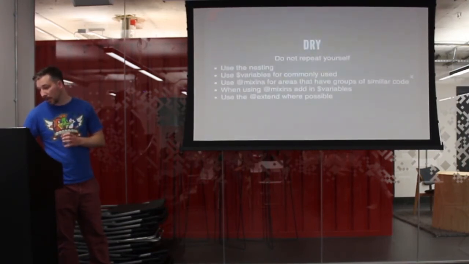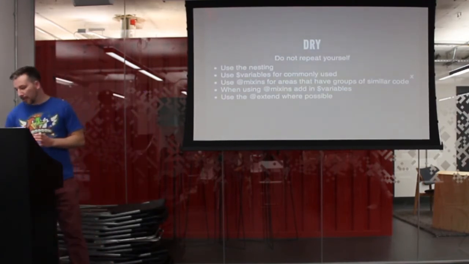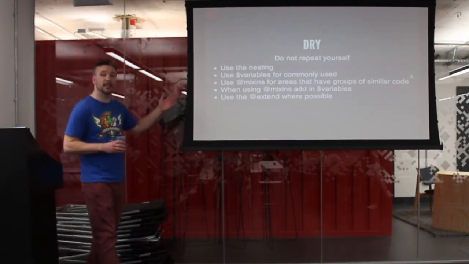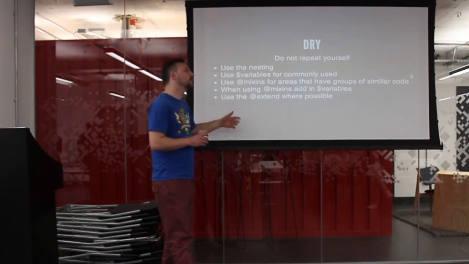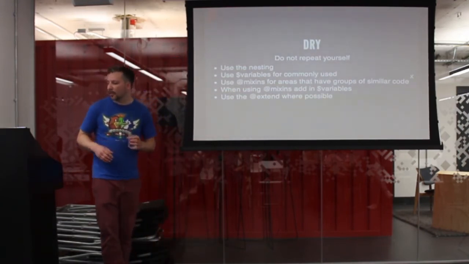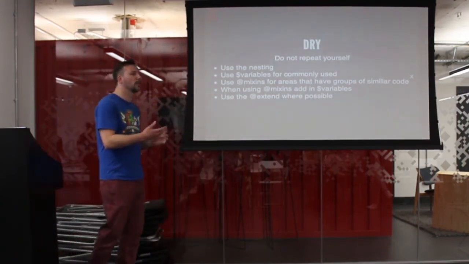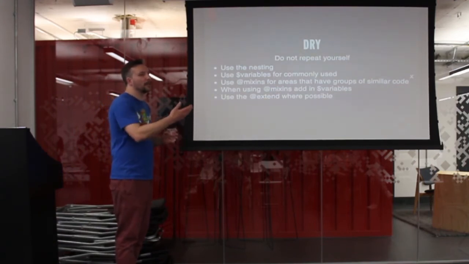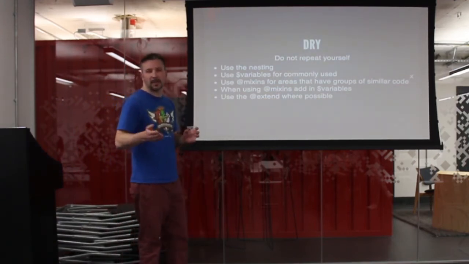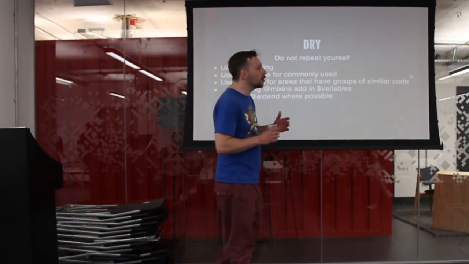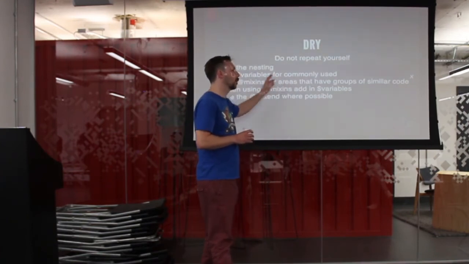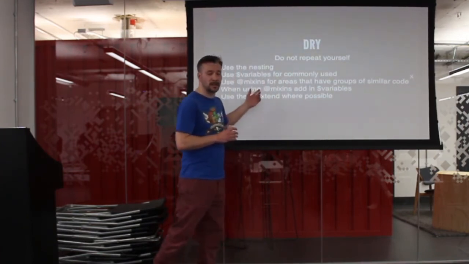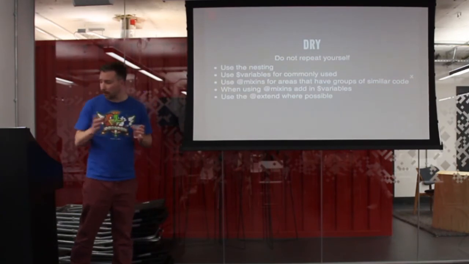Right, so it's like a ninja. Do not repeat yourself. Use nesting, like I said. So if you have a body and then a container in there, or a button and then a link, nest them like that. So rather than having to repeat code, say you've got a button, I'm pretty sure everyone here has styled buttons with hover states and things like that, and you have to keep going over and over. Just nest it in. So .button, open, and put the stuff inside, similar to what I said before. And that works with anything again.